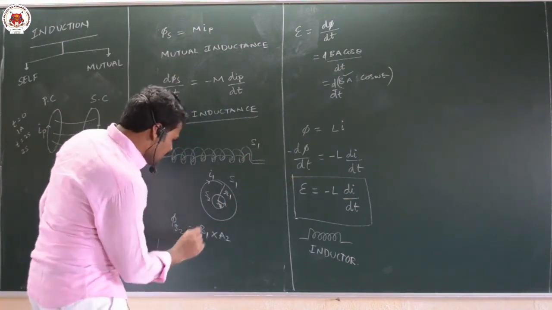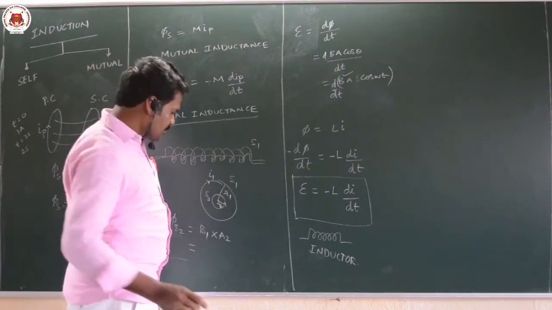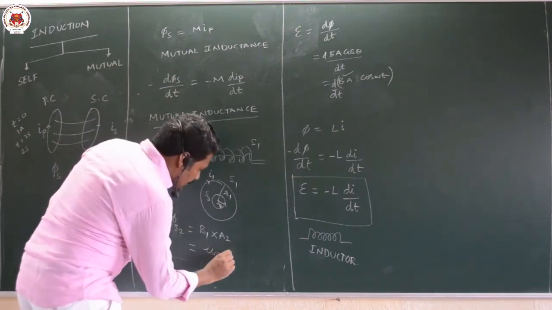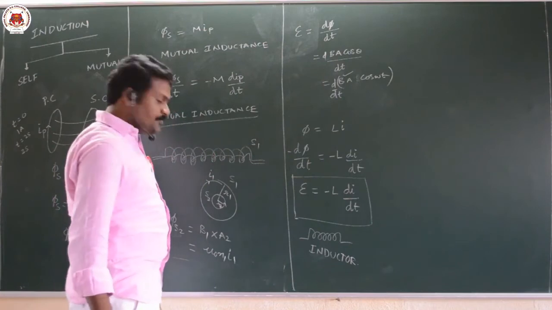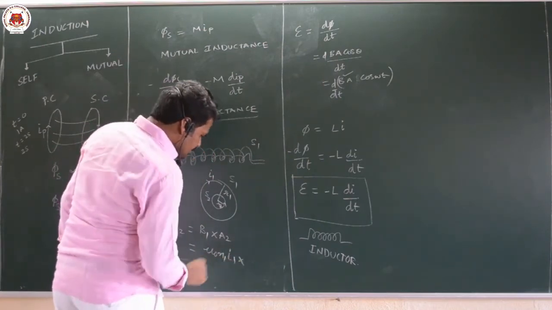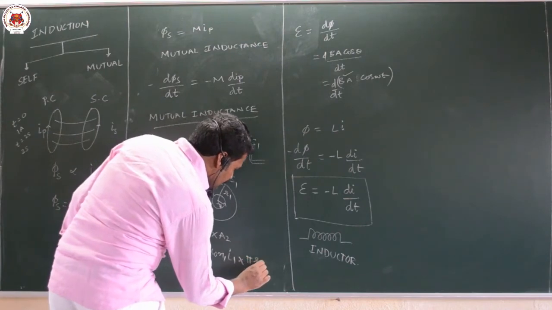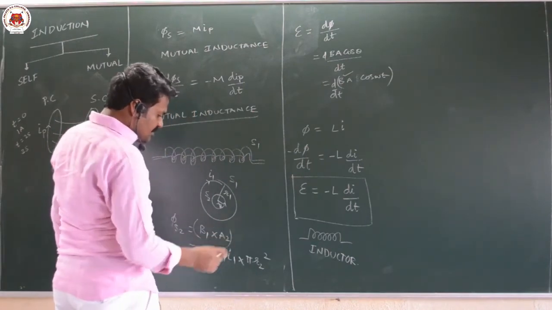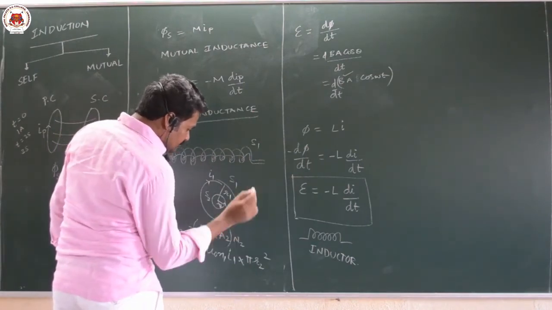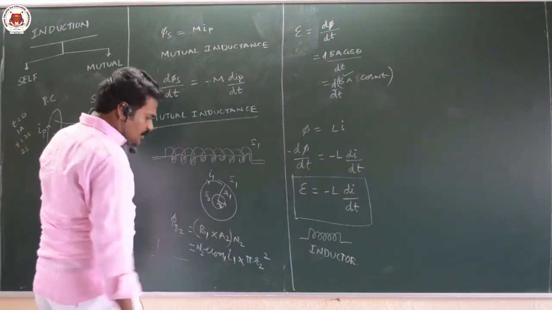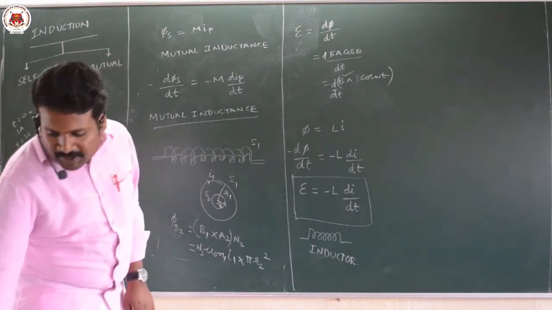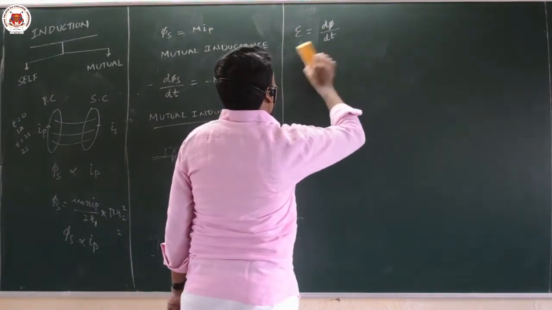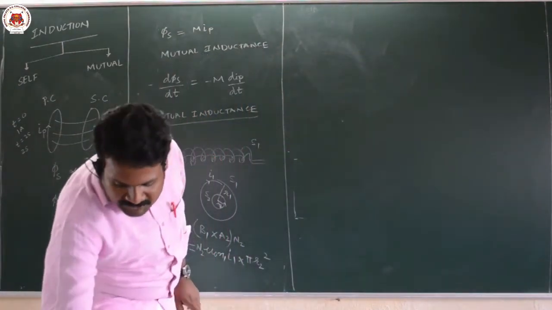What is B1? Magnetic field due to S1, it is a solenoid, is mu naught N1 I1, into area pi R2 square. If it contains n turns, flux you have to multiply with n. This n is nothing but number of turns in the secondary, so you have to take this as N2 A. So, N1 I can write as small n1 into L, if I take both are of same length.